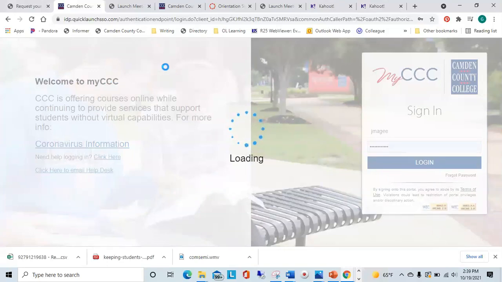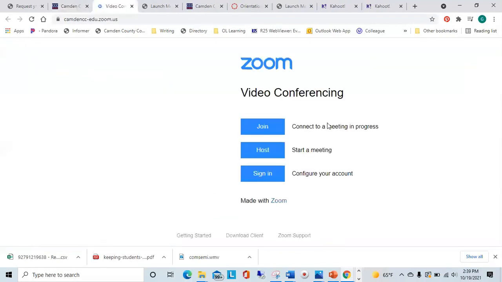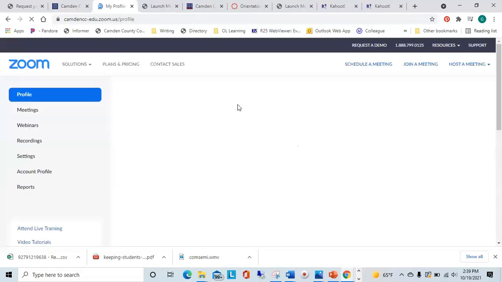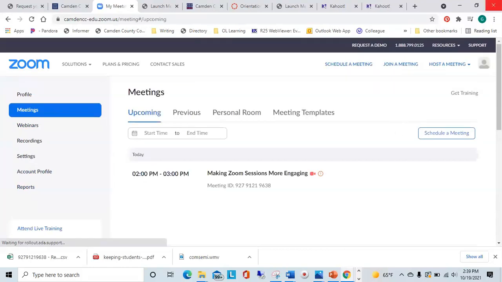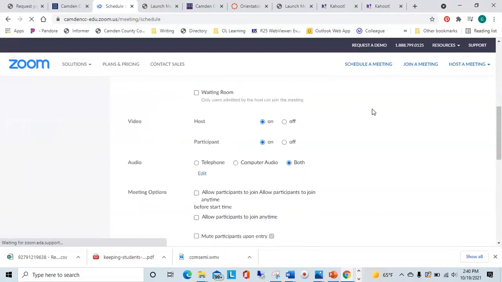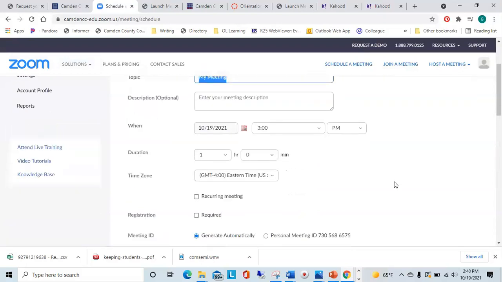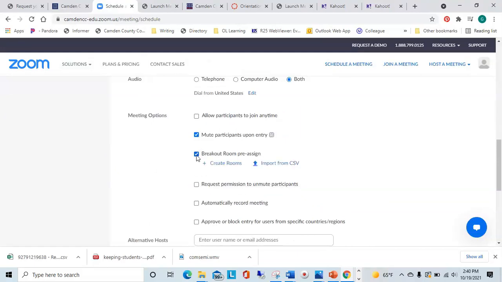In your settings, sorry, it got logged out here. But you do want to make sure that you have the breakout rooms enabled in your meeting settings. So pull this up quickly. So if you create a meeting, if we come down here, this is where you can do the breakout room pre-assign